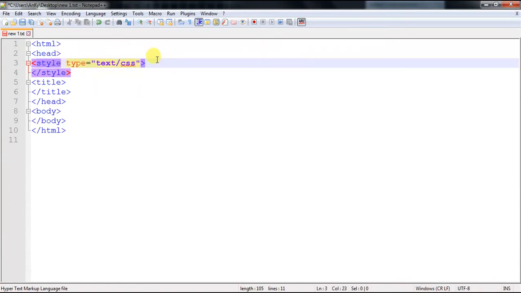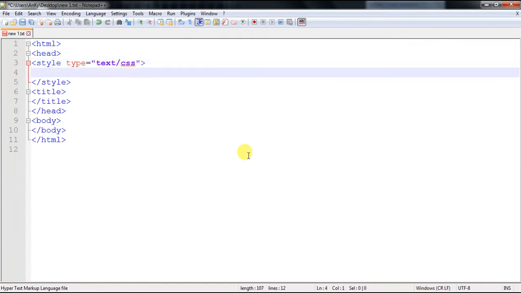for every style sheet. So the style rule is made up of three parts basically. The first one is selector, the second one is property, and the third one is value. So let's discuss them one by one. The selector is just like a HTML tag or element to which the style rule is applied. For example, let's take h1 as a selector.